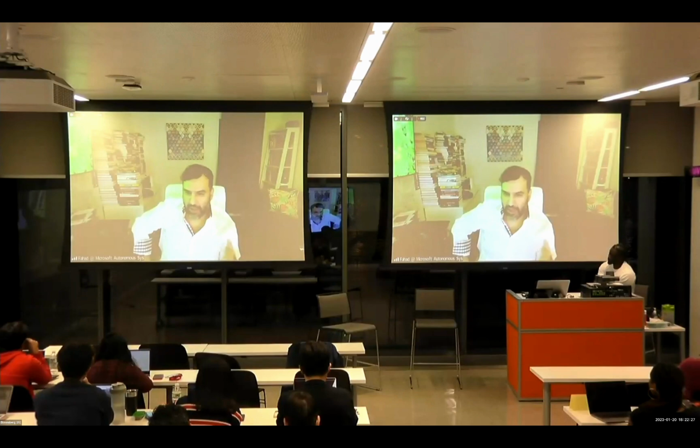Waymo has its own. Cruise has its own. GM is using third-party tools. Ford is using third-party tools. Each of these traditional car companies has invested in different simulation companies, like Motive and so forth. And some of them have been shut down. For example, Argo was shut down by Ford recently, as one of the top companies in this space. So that's the challenge autonomous cars have. However, there's been a lot of investment and growth in this area. That's why we know autonomous cars, but there's a lot more to it.